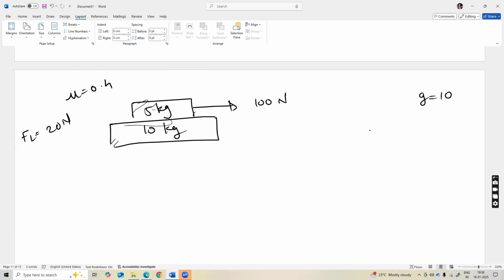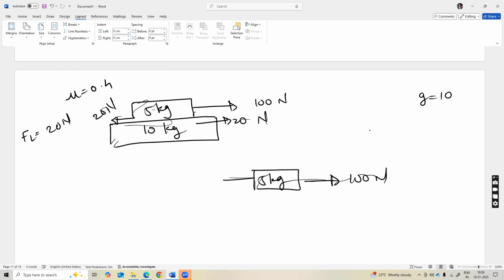So in this case, the acceleration of both the blocks will be different. So here the frictional force which will act is limiting friction because the applied force is more than that, that is 20 Newton, and therefore 20 Newton force will act on this 10 kg block also. So if you consider the 5 kg block now, net force, there is 100 Newton acting in the right direction, and 20 Newton in the left direction. Net force is 80 Newton, and mass is 5 kg, so acceleration is,